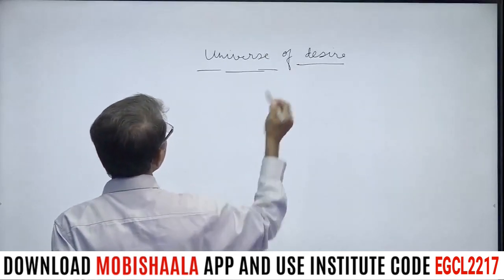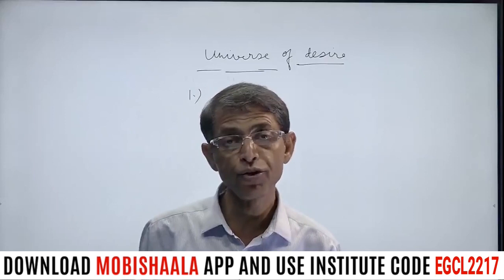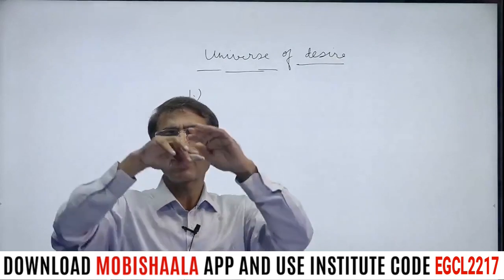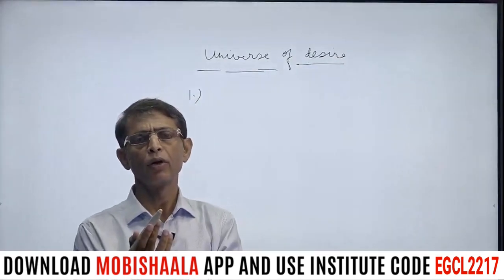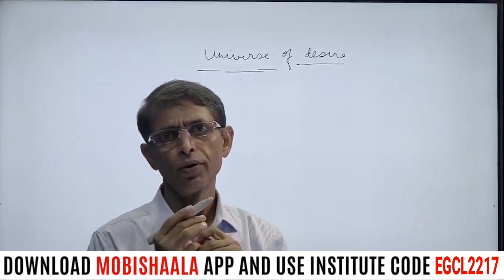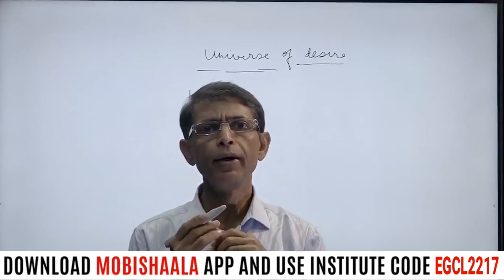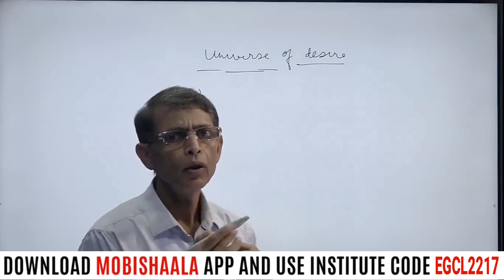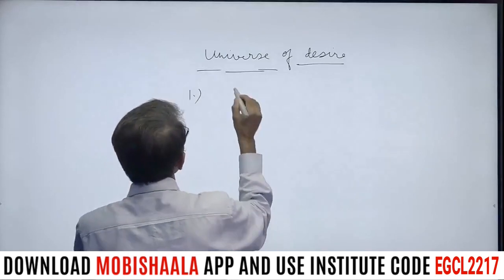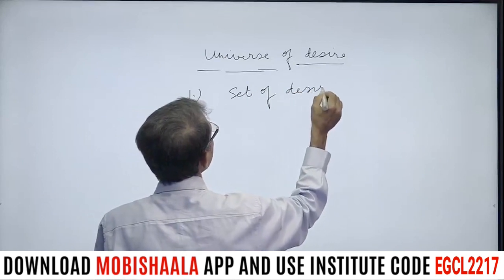What is inverse of desire? Everyone has a kind of desire. Every self lives in many desires. When you think about something, you have a lot of desire. Every day an individual imagines so many things. So that is known as inverse of desire. Inverse of desire means the set of desires.